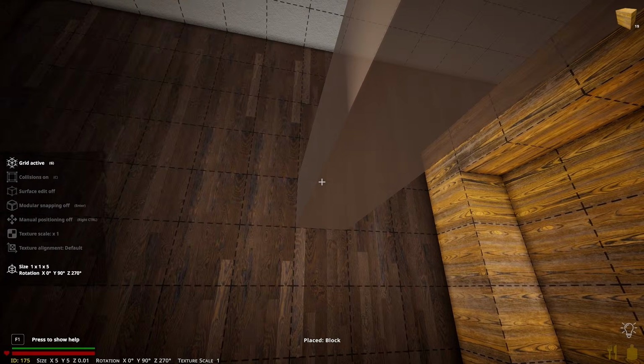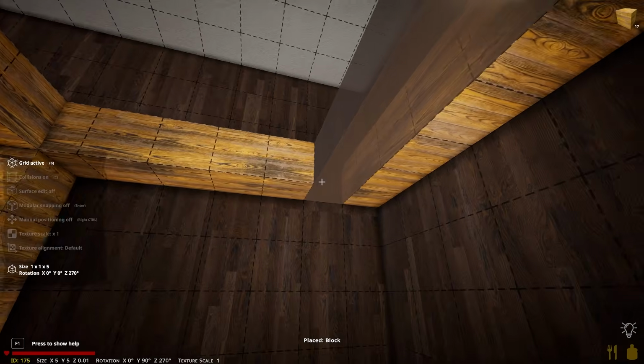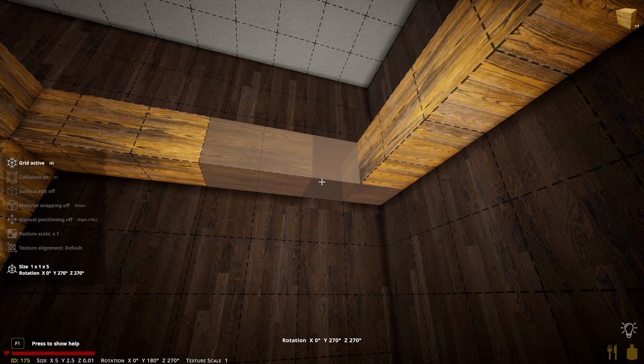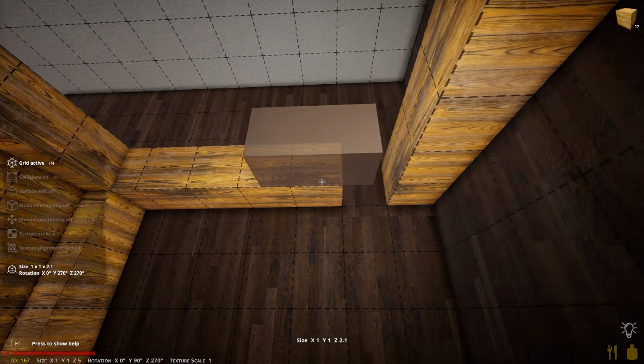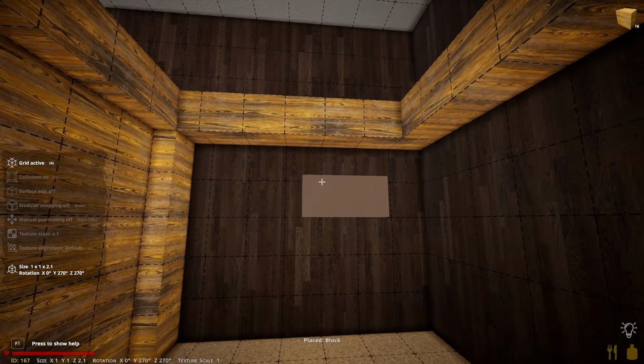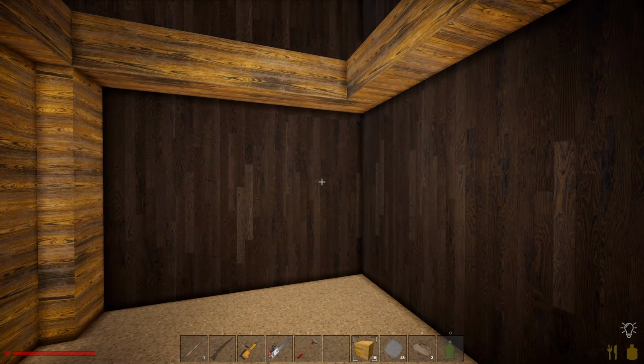So let's put that one right there. That one right there. Like that. And can't put that one in there. It's kind of funny how it doesn't matter how long it is, just put it in there. It's not going to mess with anything. There's no graphical glitches of any kind that I can tell,